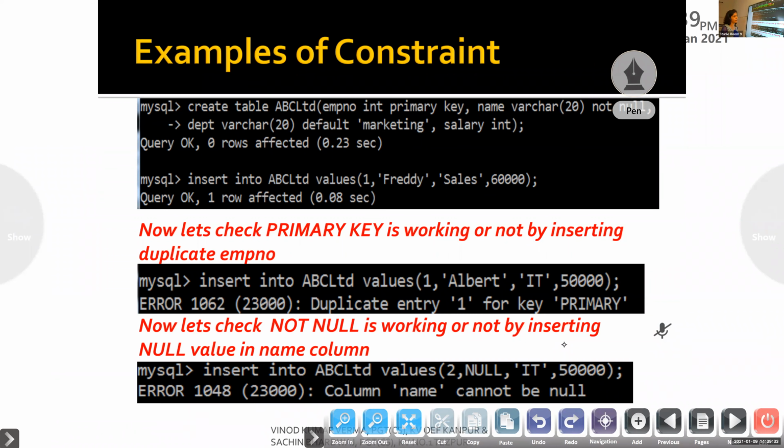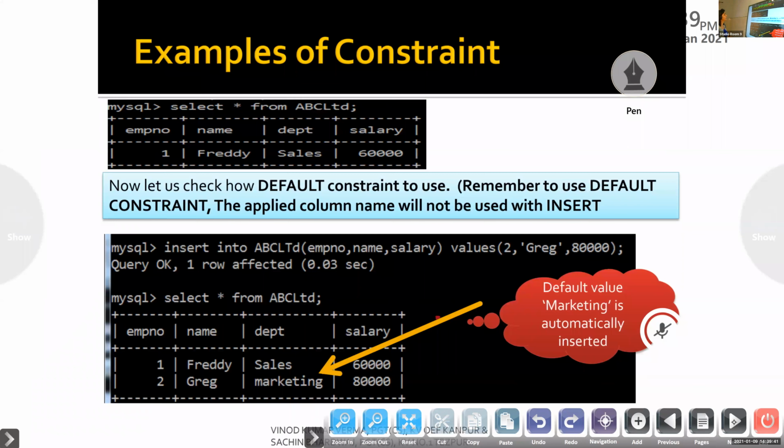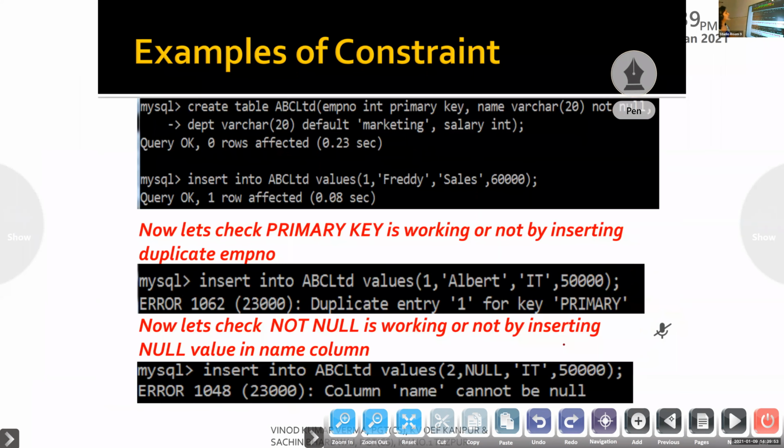All right. This is how you add a constraint. Now let's see this. While inserting the values, how many columns are there? One, two, three, four columns are there, isn't it?